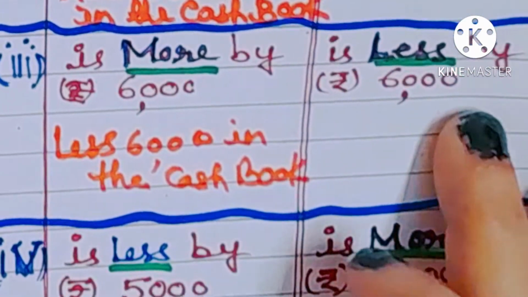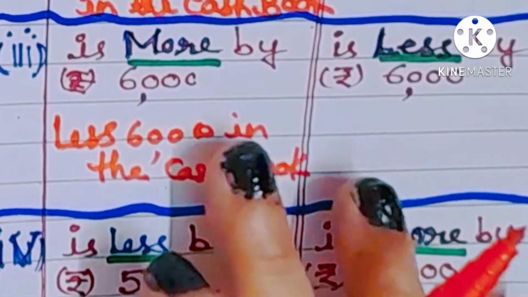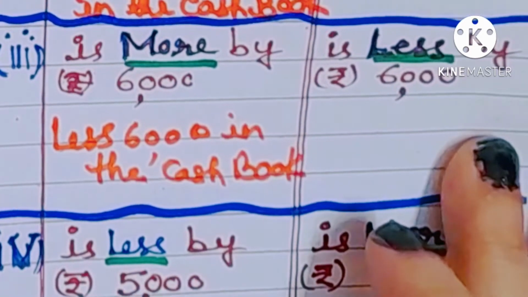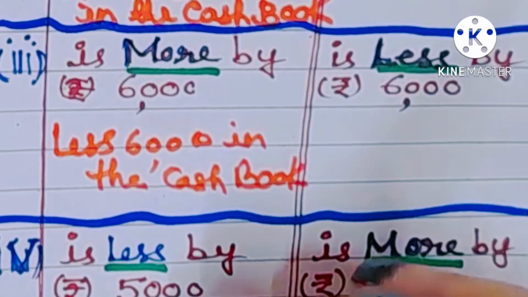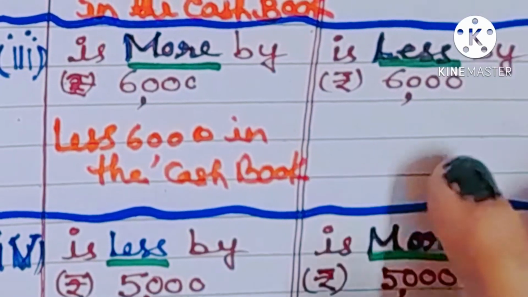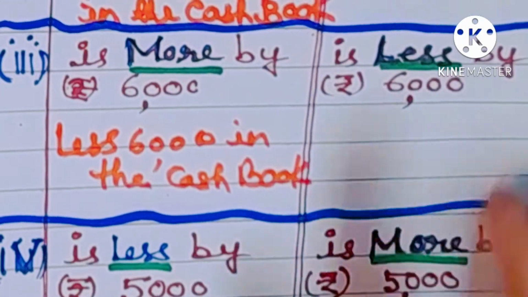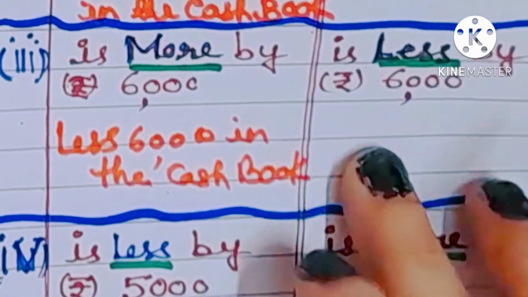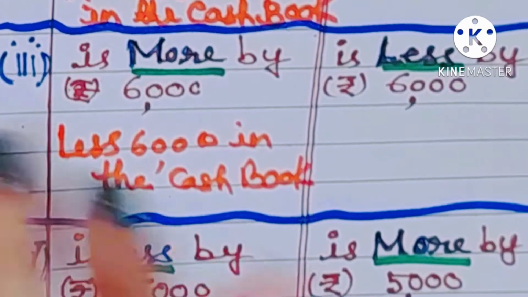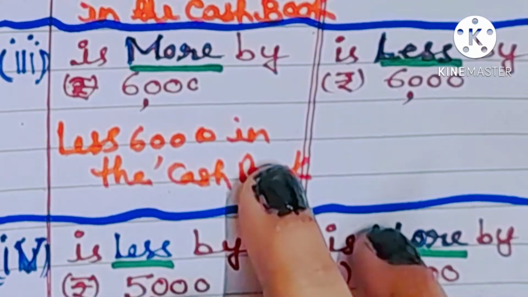So what is our job? Amra less korbo rupees 6,000 in the cash book. যখন তুমি 6,000 less করবে, cash book will be equal to passbook, because passbook এতে কিছু অ্যাড হয়নি। যখন তুমি rupees 6,000 less করবে cash book এ, cash book balance will be equal to passbook. হ্যাঁ, প্রশ্ন হতে পারে, you can ask me, কেন আমরা passbook এ less করছি না? Because passbook has not been given in the problem. Cash book has been given in the problem. So whatever changes we have to make, আমরা যা changes করব, আমরা ক্যাশ বুকের থ্রুতেই করব।